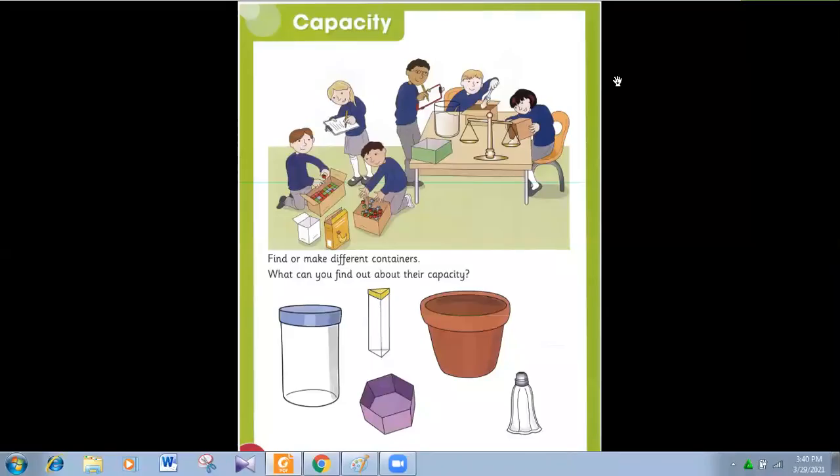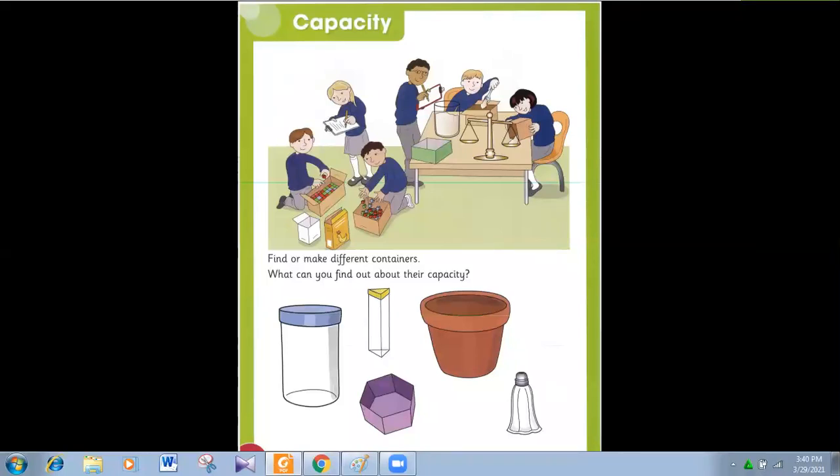Capacity. This lesson we have learned two times in previous semesters and quarters. What is capacity? Capacity means the amount of something